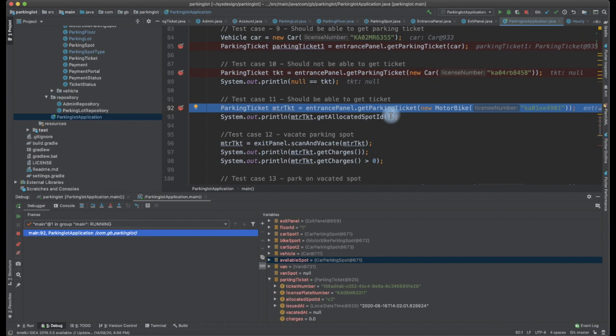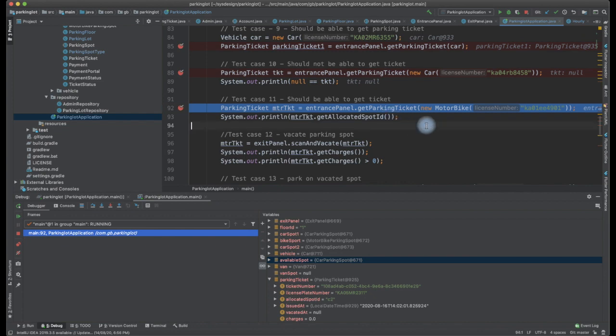As I told, we can have a display board so that the user need not come to the parking spot and scan to get a ticket. If it is available on the display board, they can see it and go away. But that is an extension use case that we need to handle. That's not part of the requirement which is given, but we can handle it without much difficulty over here.